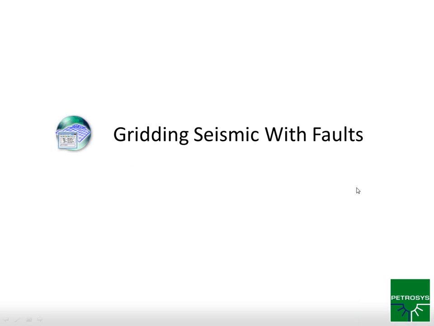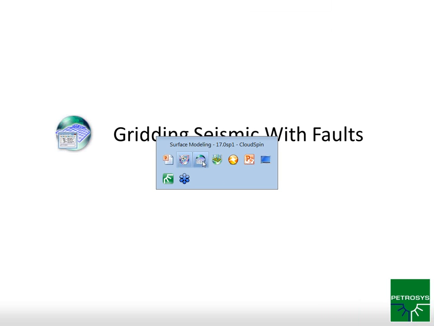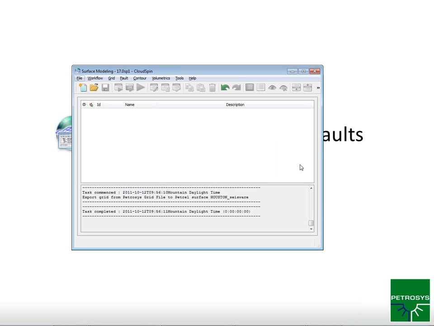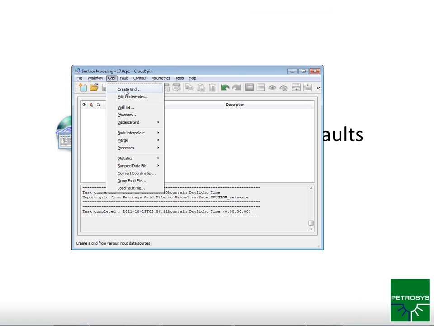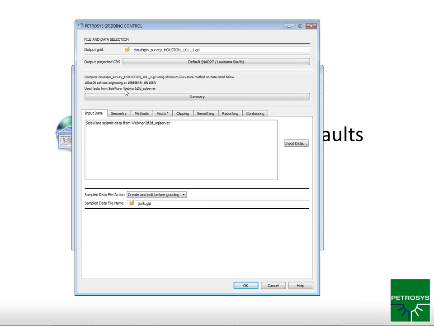So my next process here is to pull up the grid and contouring window and generate a surface model of my grid contours, or my interpretation. I'll go Grid, Create Grid. I'll go to my input data,